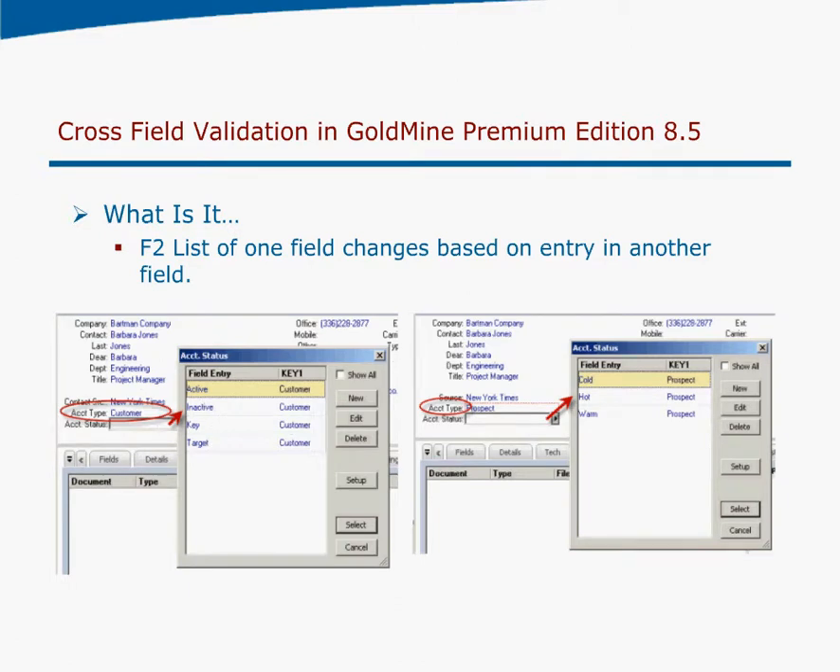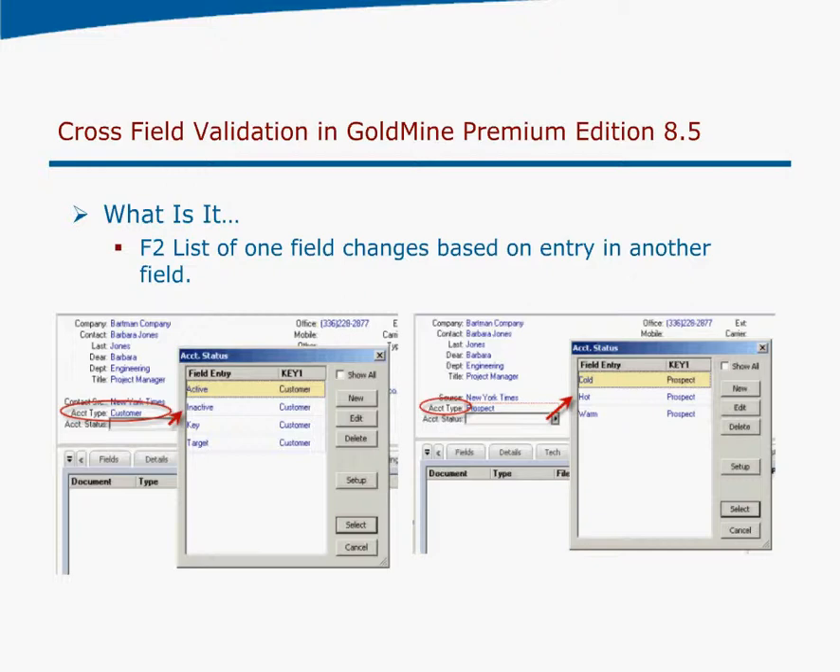Let's look at how to use one of the new features in GoldMine Premium Edition 8.5, and that is cross-field validation. What cross-field validation means is that the lookup list of one field can change or be based on an entry in another field. So, for example, here as we look at a record in GoldMine, we have an account